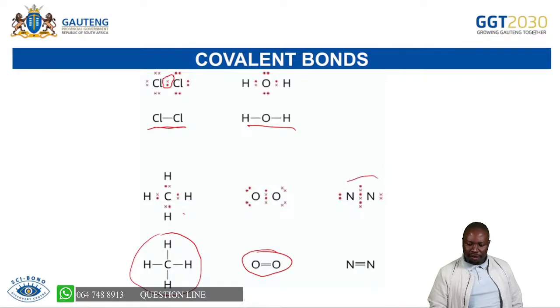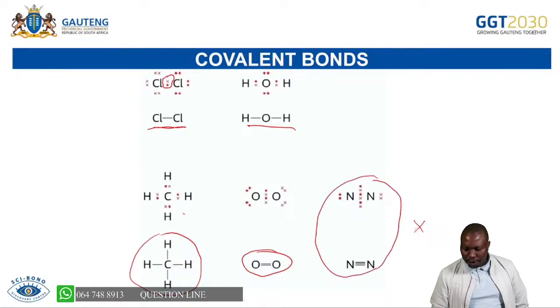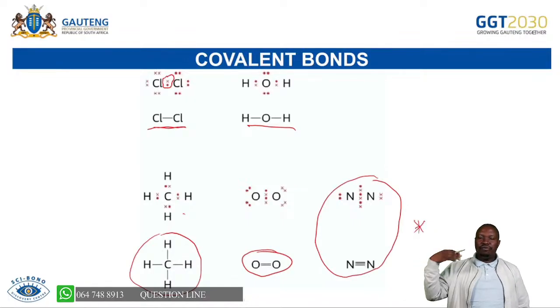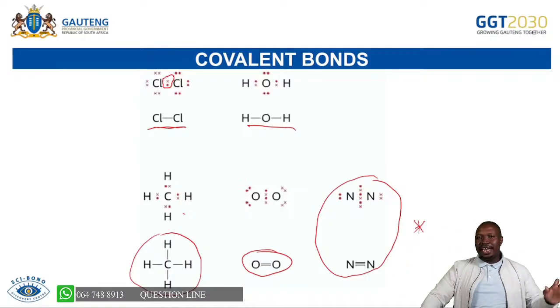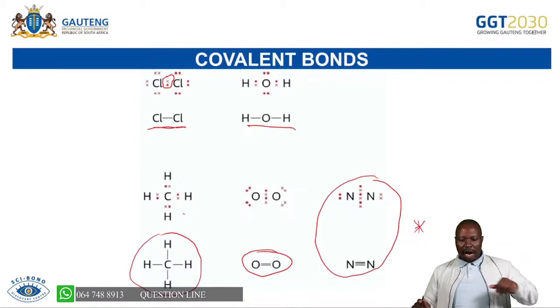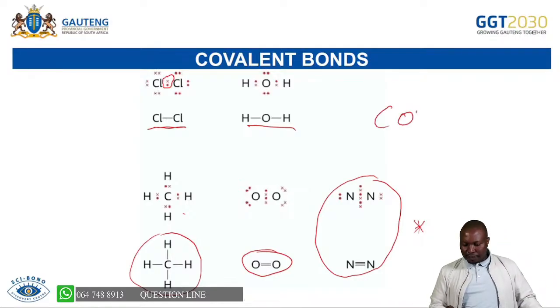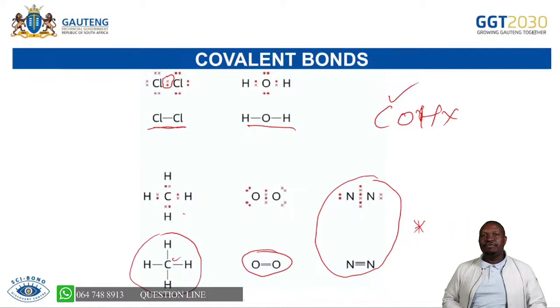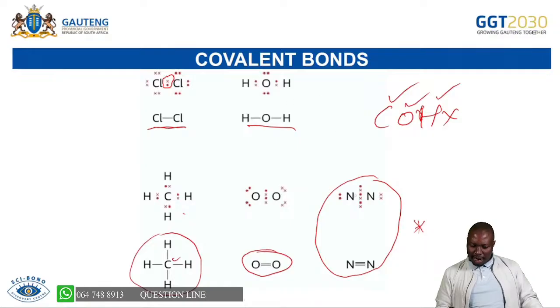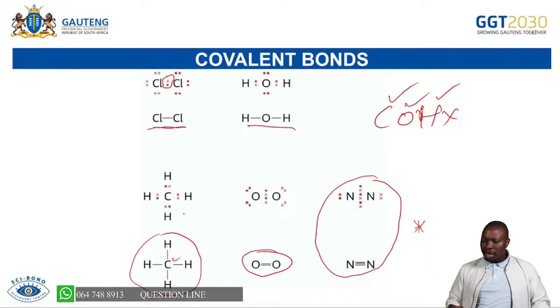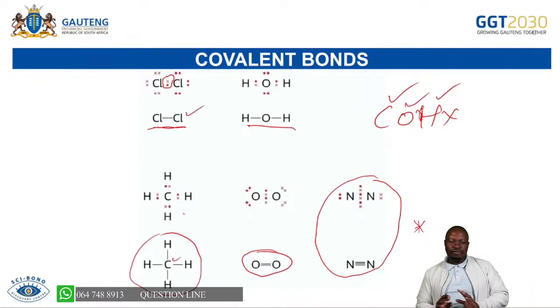And fortunately or unfortunately, we don't do nitrogen. You will see it as you progress. If you continue with organic chemistry going to university, you'll be focusing on organic molecules that have nitrogen. But for grade 12, we have agreed that it is COX. It's our carbon that forms 4 bonds around it. It's our oxygen that forms 2 bonds around it. It's our hydrogen that forms 1 bond at all times. Wherever there is a hydrogen, there is 1 bond. You have X, which is our chlorine, that will always form 1 bond. So I think we have emphasized that.